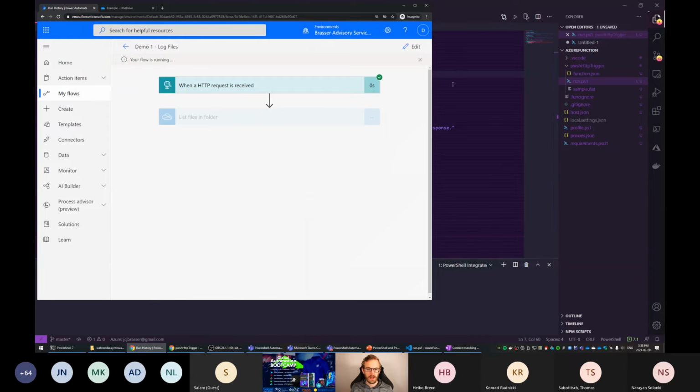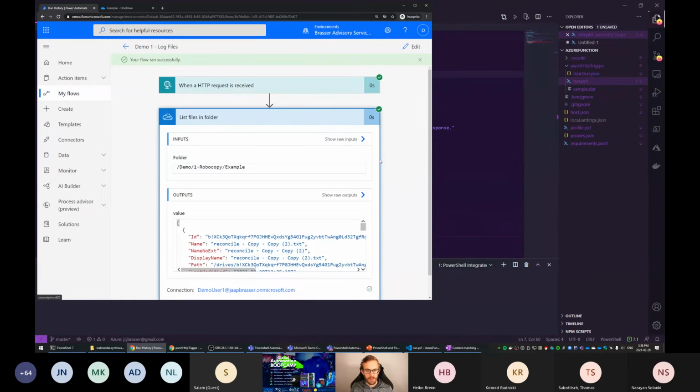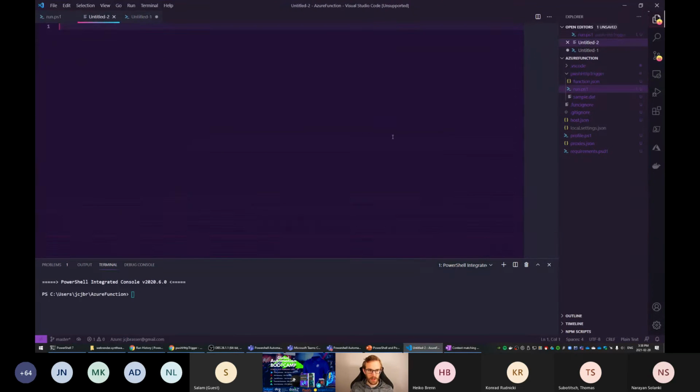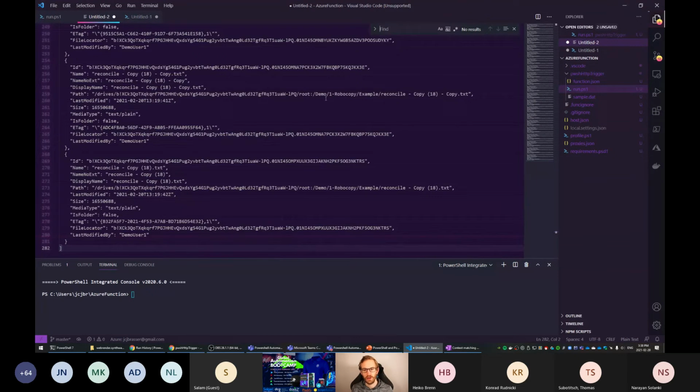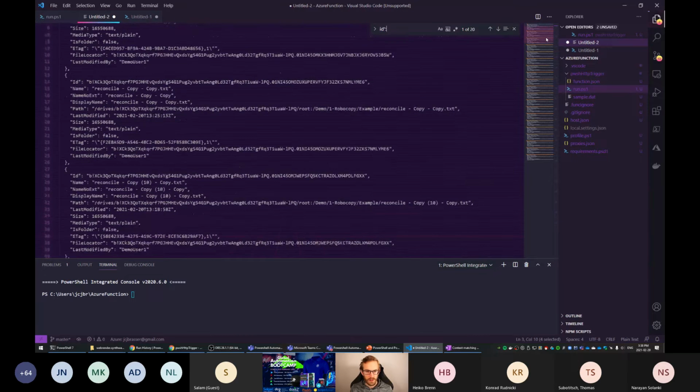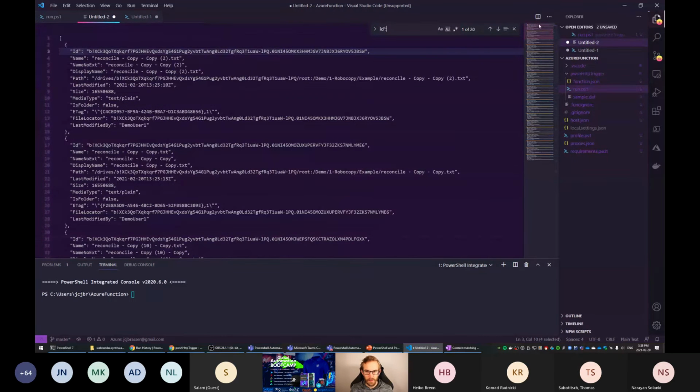So we'll just give it a second to run. And once it's completed, we can just look at the outputs here, get a bunch of IDs there. You can see how many objects we have. So I'll do a quick search here. You can see that there are 20 IDs found.